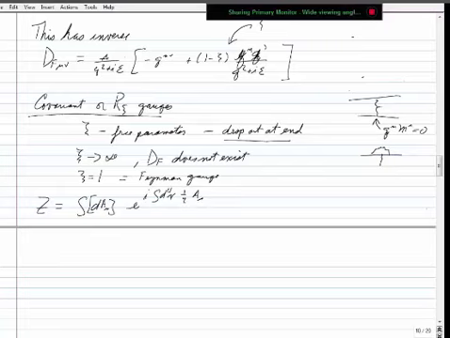Okay, so it blows up because of that. c equals 1 is the usual Feynman gauge. And you can see this then in the